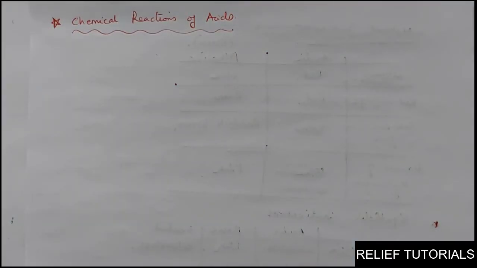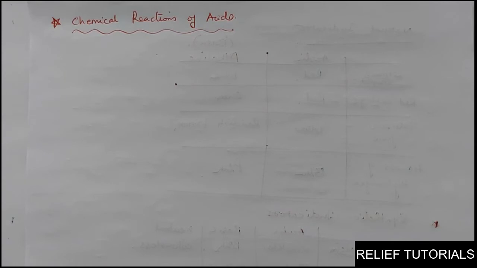As I told you in the previous lecture, we are in the chapter of acid, base and salt. So you should have some names of acids and bases. Acids are HCl, HNO3, H2CO3, H2SO4, H2SO3. Okay, and bases are NaOH, KOH, LiOH, Ca(OH)2. These are some acids and bases.